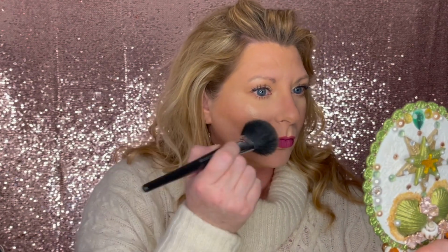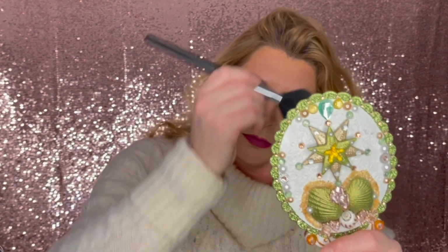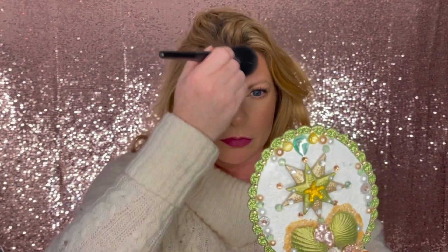But as you can see, I do need some cheek color because it's very stark against my pale skin. So I do need to just pink up my face a little bit. I am going to go in with a little more powder bronzer just to make sure my face is warm. I don't want to be ghostly. There we go, warmth. I'm gonna go with a little bit of this pink shade here from my Makeup Forever,